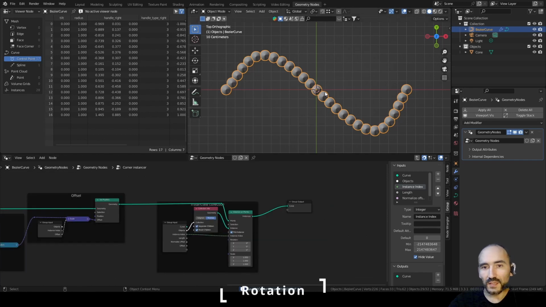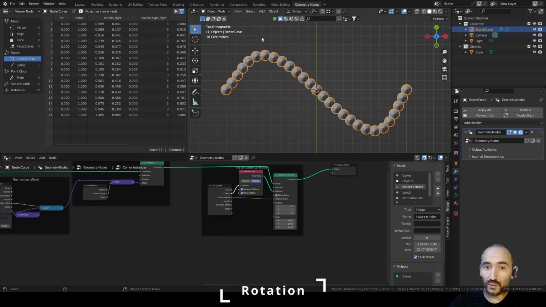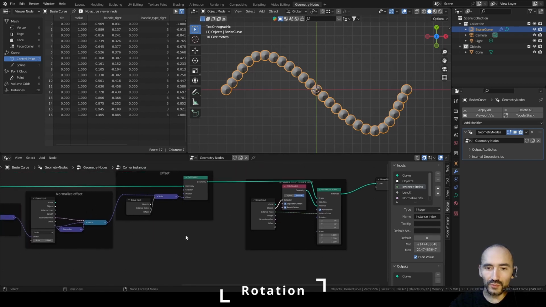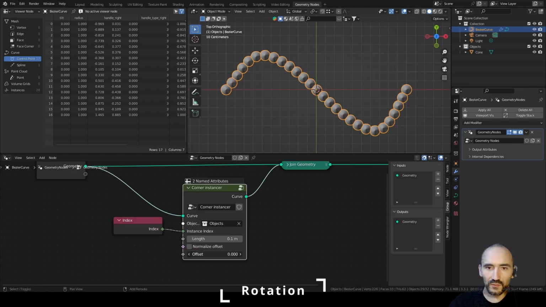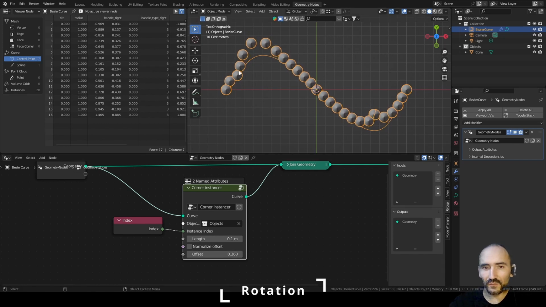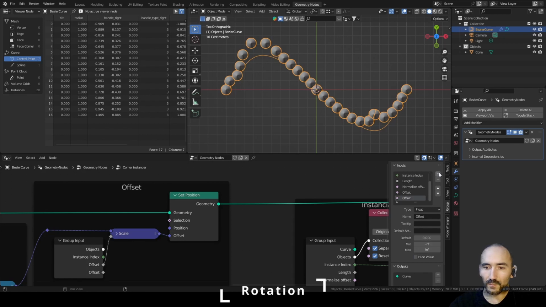Now we need to rotate these instances along the normal, and for this you can choose if you want the original normal or the normal changed by the offset along the normal. So if I press Tab and increase the normal, you can see this effect. So I have this instance that goes out, and for this new curve I have new normals here and not the original normals. So we can add a new Boolean attribute that we can call use original normal, and